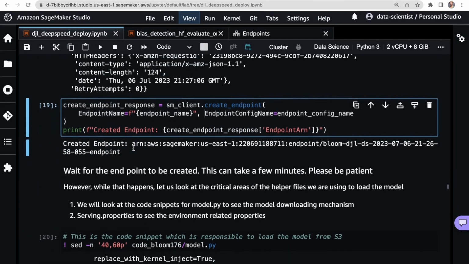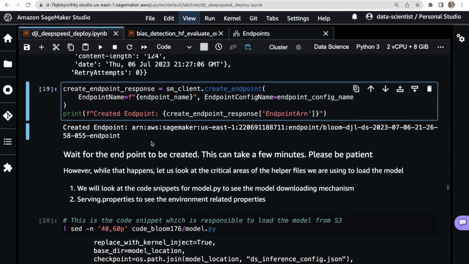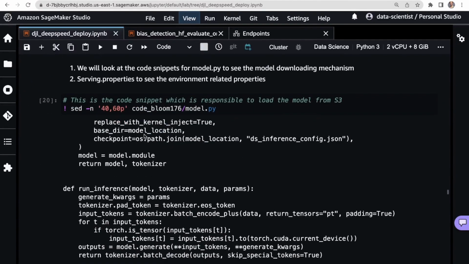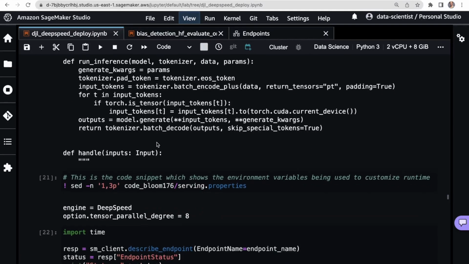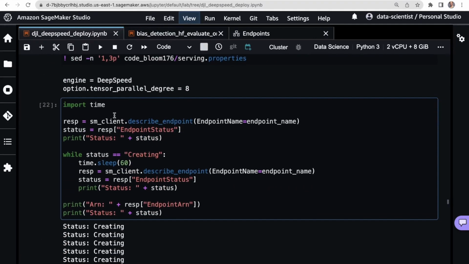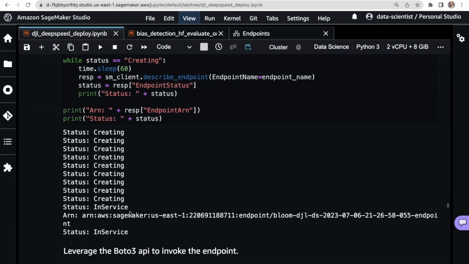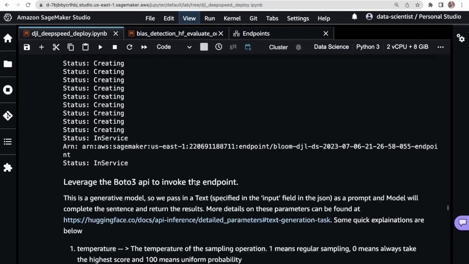And then once that's been created, the notebook essentially walks you through what we already looked at, which is some of the key points in that script to load the model from S3. And then there's a nice little wait function here. And then it shows status in service.